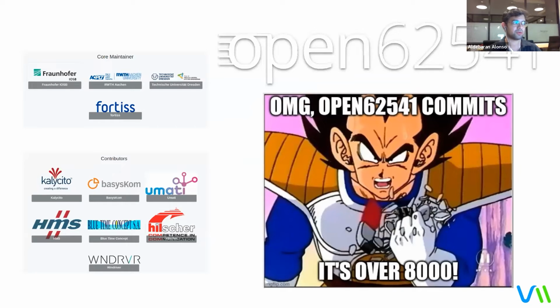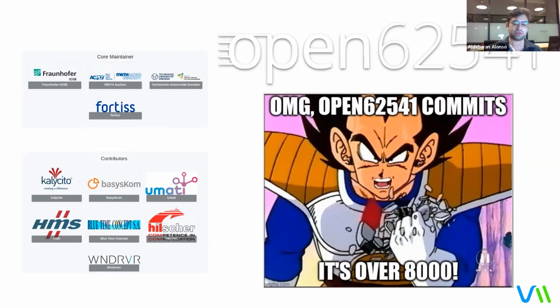to use the open62541 library, which is a C library that has a lot of commits and has a lot of maintainers, and moreover, the maintainers are several companies or universities that maintain the code. So an important thing when you are trying to support a new protocol is that